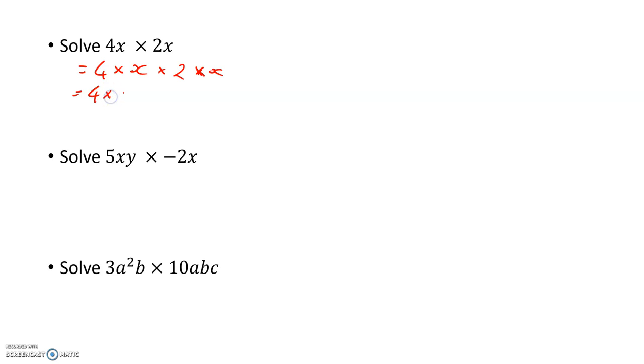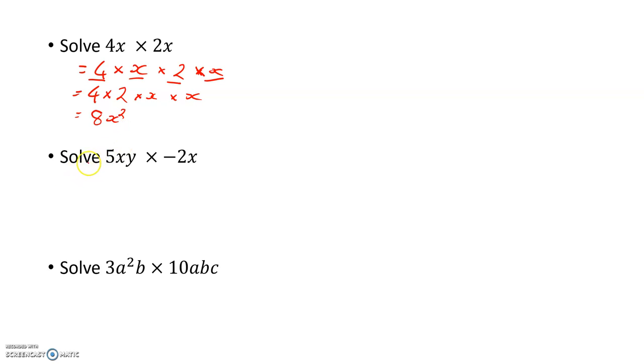So I can have 4 times 2 at the front. So I've used that and I've used that. Then a times x and another times x. If I then look at this, I've got 4 times 2, which is 8, and x times x is written